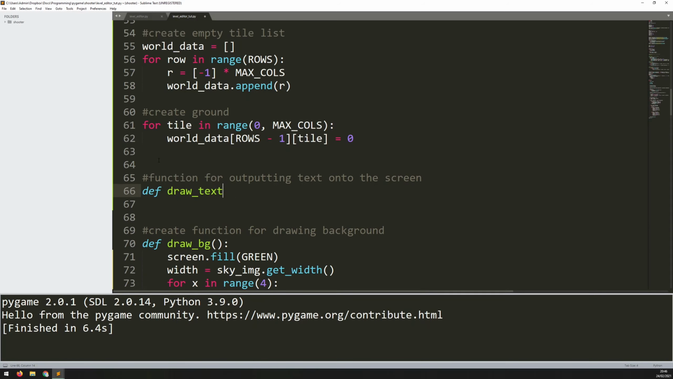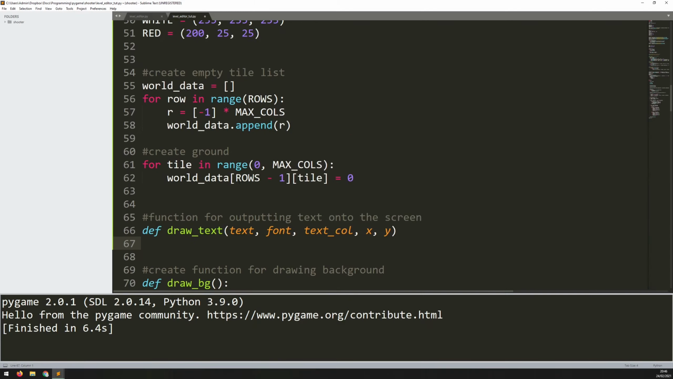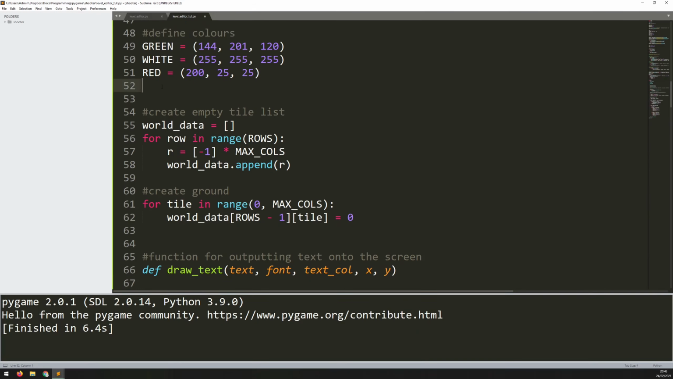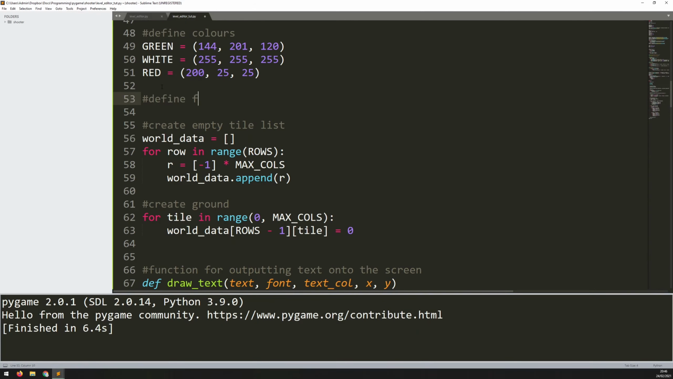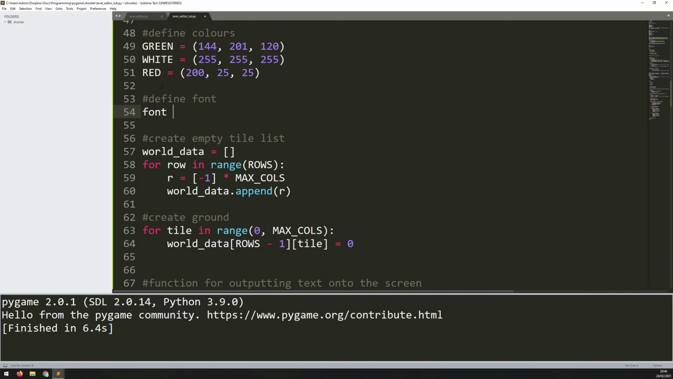So draw_text. It's going to take a few arguments. So the text that I want, the font that I want to use, the color, and then the X and the Y coordinates for them. And actually, before I go too far, I need to define that font. So let's go up here and say define font. Font equals